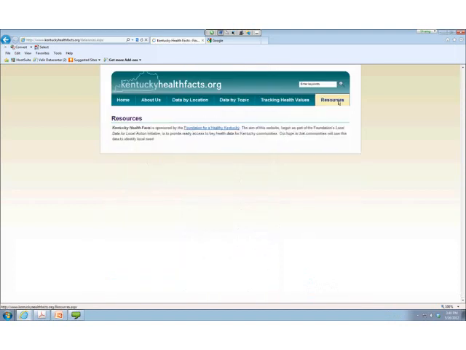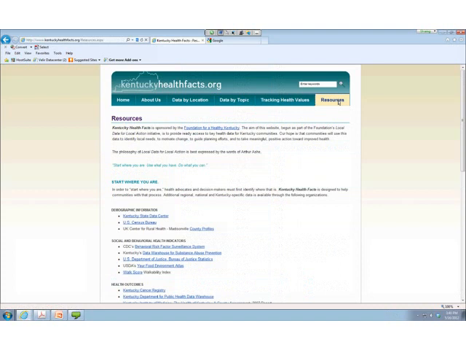And these are a list of places, again, where you can just dig deeper on the data. If you're interested in demographics and social determinants of health and those types of issues, the Kentucky State Data Center and the U.S. Census Bureau are really wonderful resources. You can look at the state information from the CDC's Behavioral Risk Factor Surveillance System website,